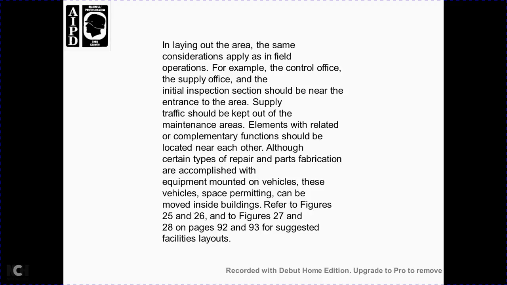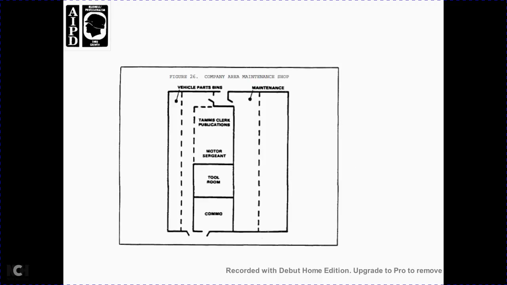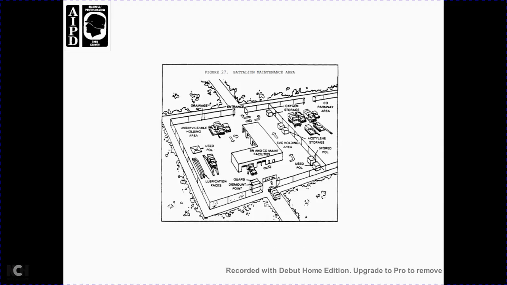See figures 25 and 26, and figures 27 and 28 on pages 92 and 93 for the section layouts. Figure 25 shows the company maintenance area with a grease rack, part window, water point, and fire extinguisher, with parts and the tool room off the water point. Figure 26 shows the company area maintenance shop with the TIMS, the publications, motor section, and tool room, and the command vehicle parts and maintenance. Figure 27, the battalion maintenance area,